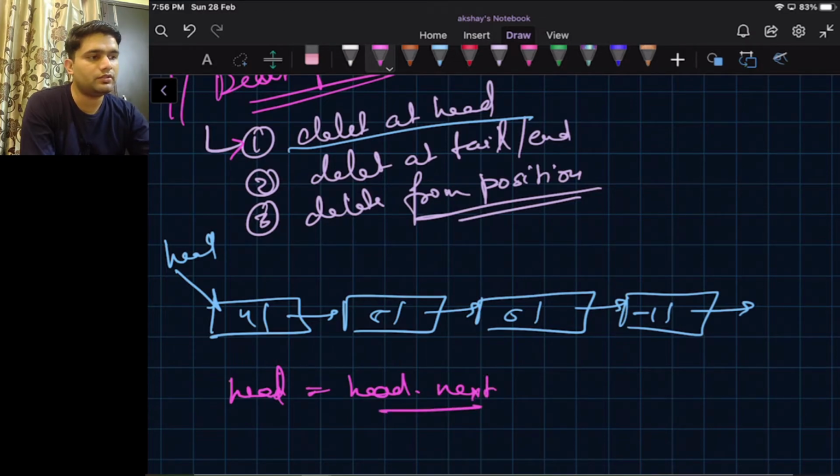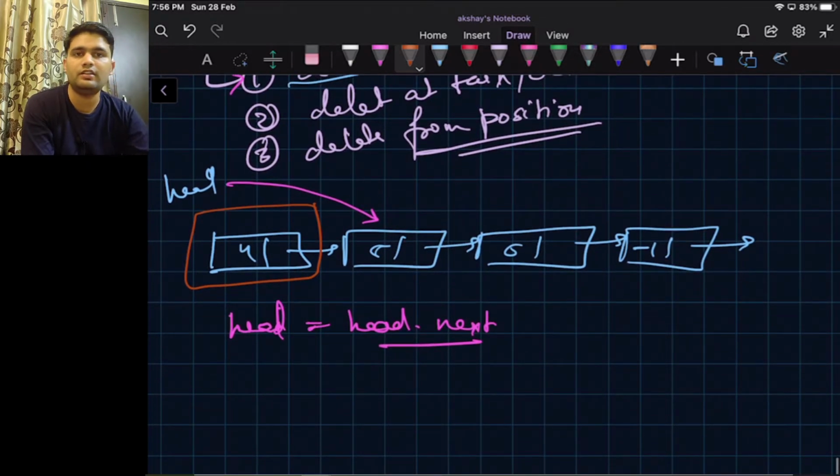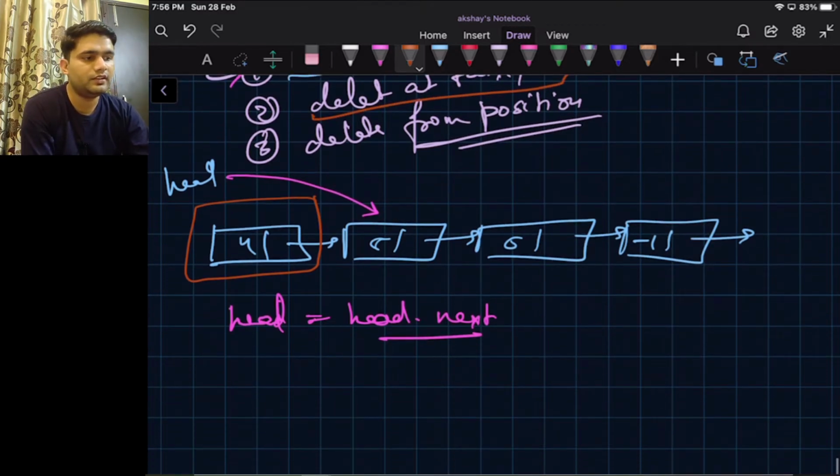That means, hey head, you are not pointing here, you are simply pointing here, and we just need to clear this memory, or else in Java's case the garbage collector will take care of that. So this is deletion at head. If head is already null, we can simply say that head is already null and there is nothing that we can do. Now let's see deletion at tail.